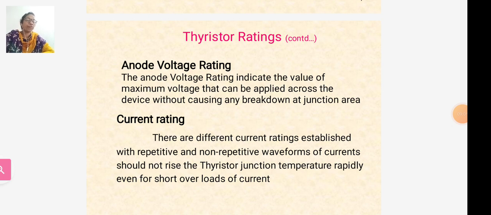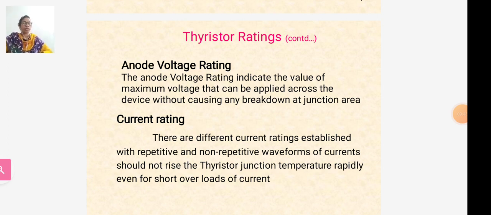The peak working forward blocking voltage is the maximum forward blocking voltage that a thyristor can withstand during its working. And there is also the peak repetitive forward blocking voltage. It is the maximum transient voltage that a thyristor can withstand repeatedly or periodically during the forward blocking state